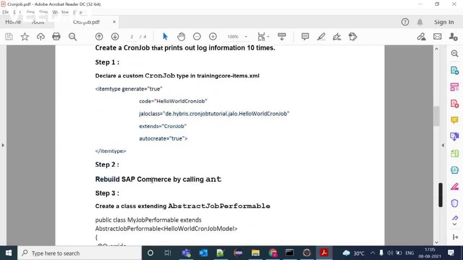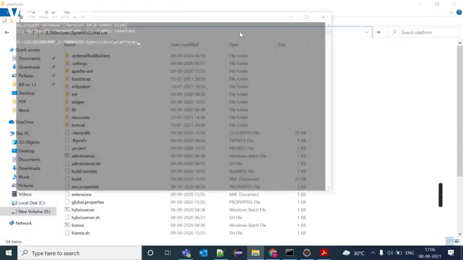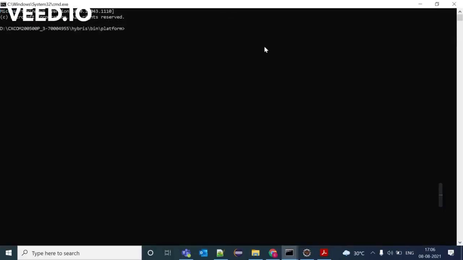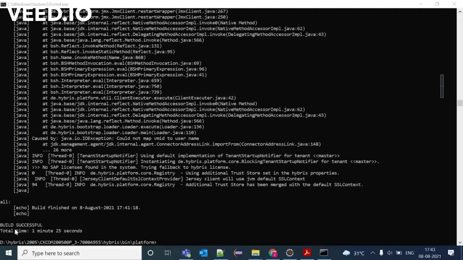Next step is we need to build our SAP Commerce by calling ant. Now I am in my platform folder. From here I am opening the console. First you need to set the ant environment. Next we need to perform ant for Java changes. Here you can see our build is successful.